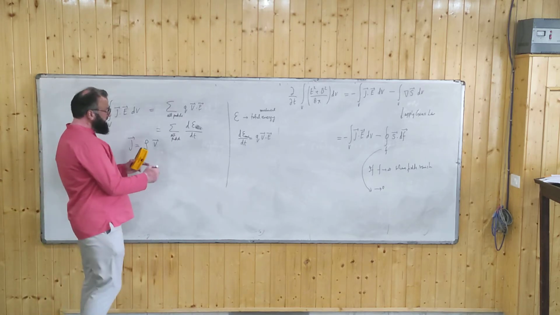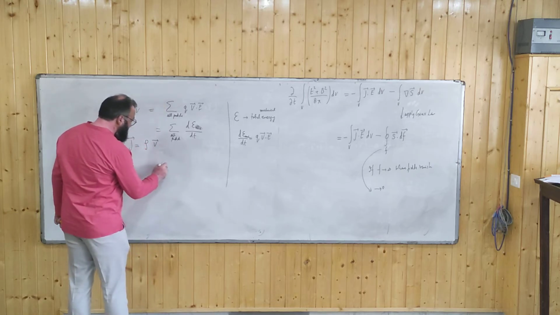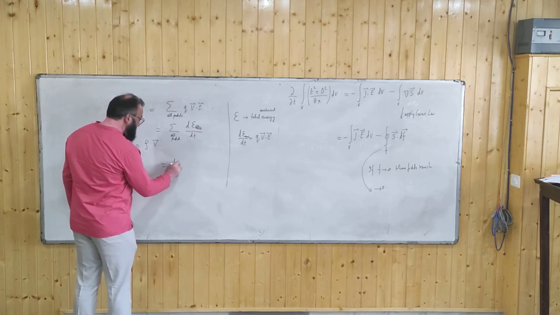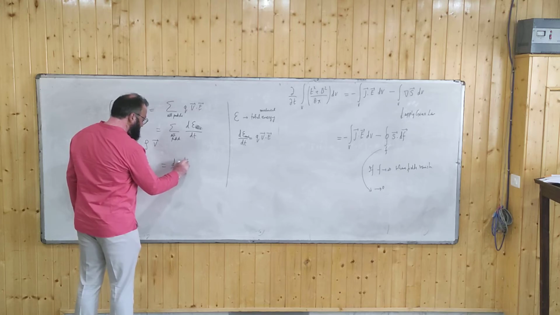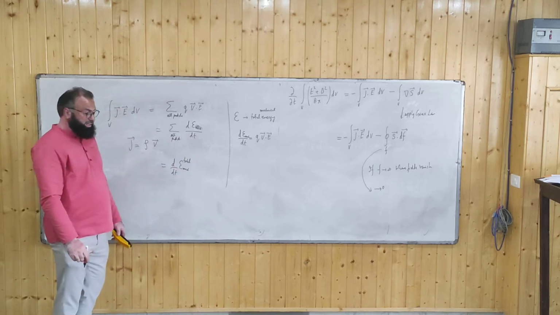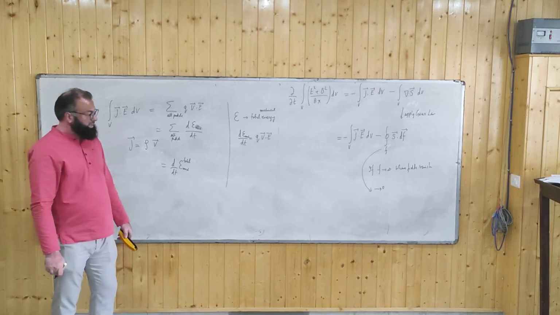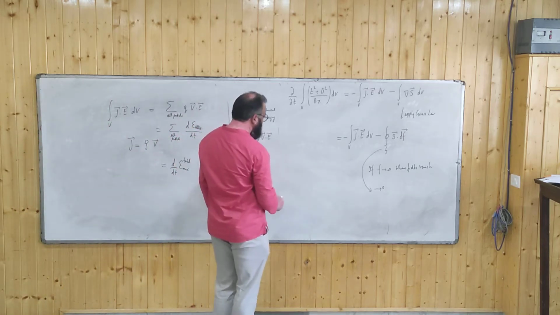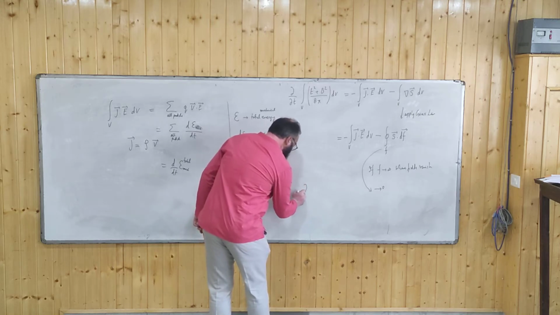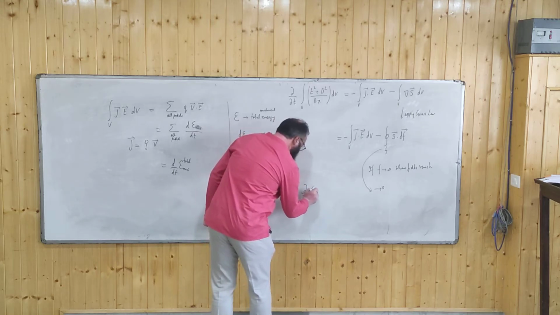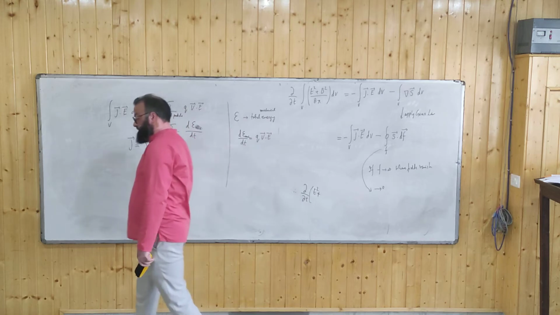So let me write it in this fashion, d by dt of epsilon total. But that is the total mechanical energy of the particles. Can I write it in this way? So therefore, I can have partial by partial t of E square plus